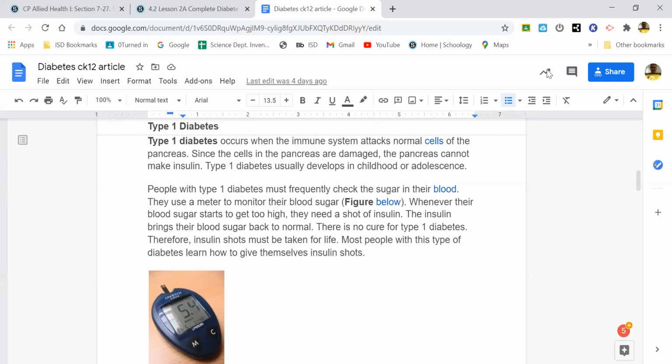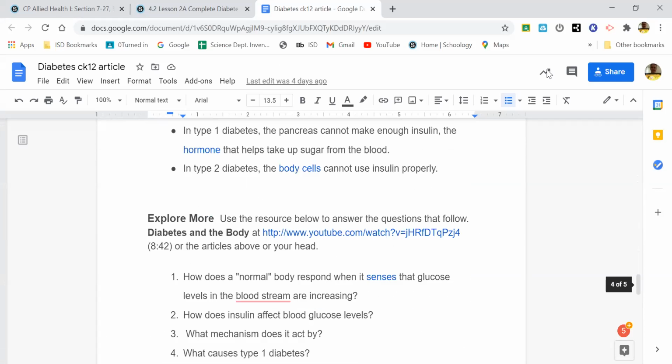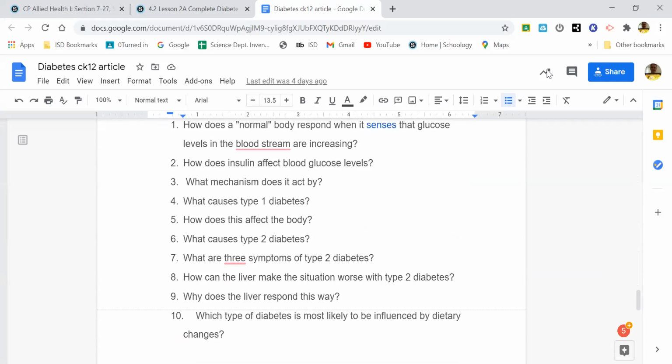So that's one of the ways we find out, like a child has type 1 diabetes. They start exhibiting these symptoms, and we take them to the doctors, and they probably do an iron test. The iron's fine. They do a blood glucose test. They're like, oh, your blood glucose is off. So that's 1 through 5. Does anybody have any questions on 1 through 5?